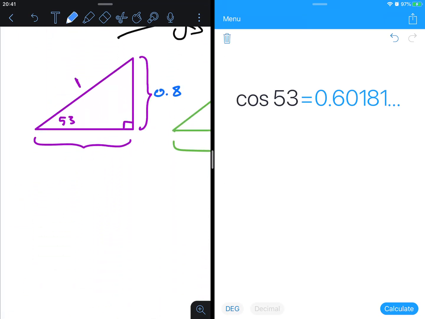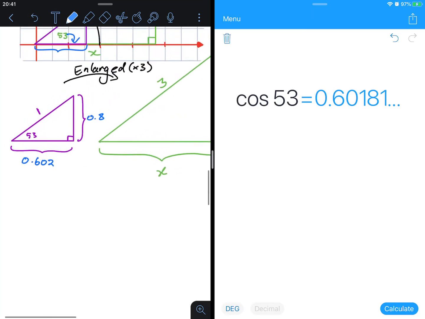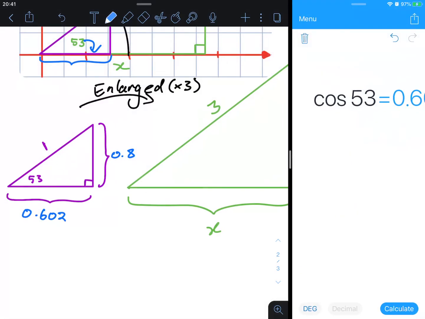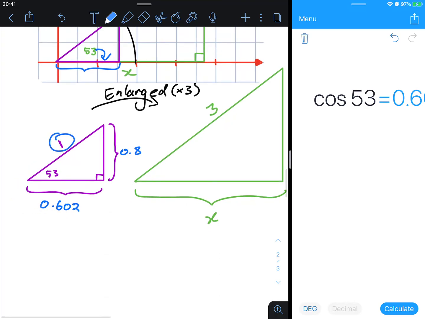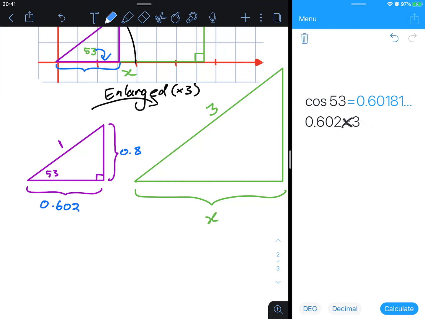So this is 0.602, let's say. Well, in the same process, we've taken 1 to become 3, so it's been enlarged by a factor of 3. We're going to do the same thing, so 0.602 times 3 is actually